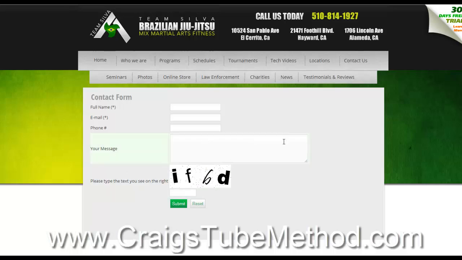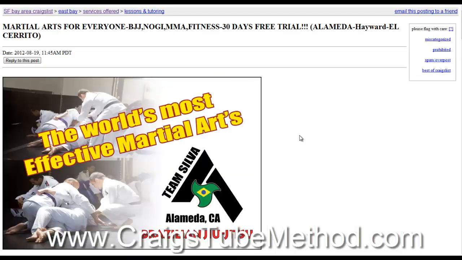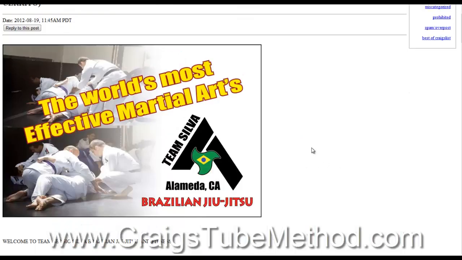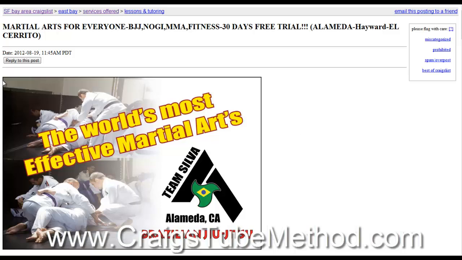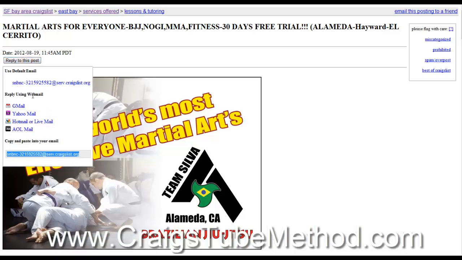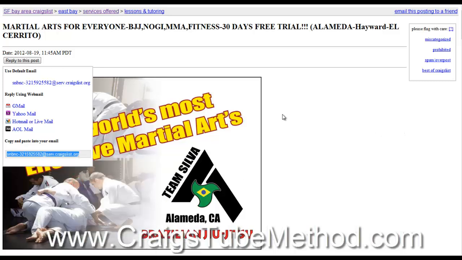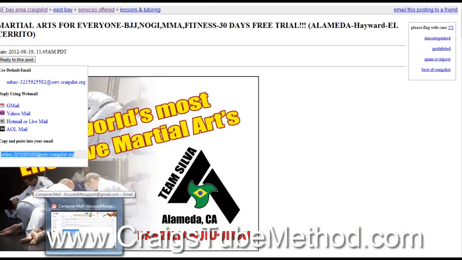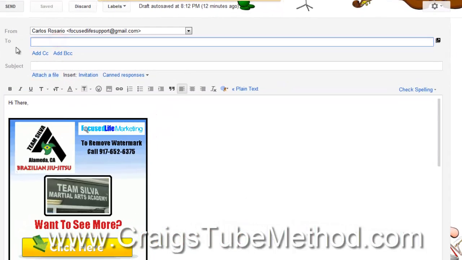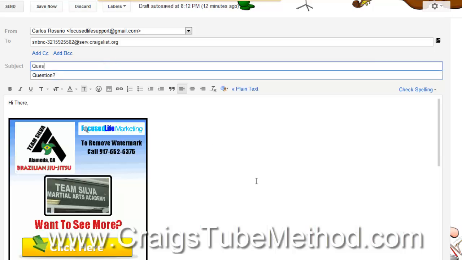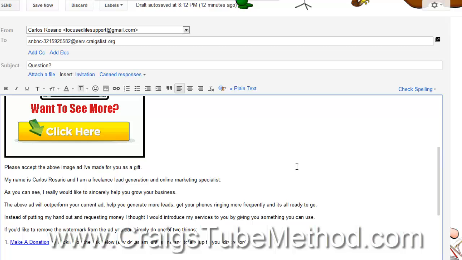The other alternative to this is to simply use the email address provided, if there is one, either in the ad. Sometimes they put them in the bodies of the ad, or you can reply to the post. Now they have this new reply to post feature. I'm not sure why it's laying it out this way, but you can just make use of one of these, and I'll just copy this to my email address. And let me actually show you the email that I send out. So I copied that, right? I'm going to put in the to field. I'm going to copy that Craigslist address. I wish it was a non-anonymous address, but subject: question, and the question is the